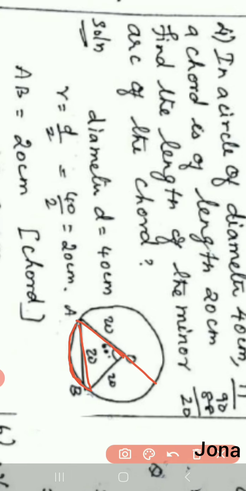Okay, so I want to find out this one. So what are the things given? Diameter is given, from that we can find the radius, and the length of chord is also given 20 centimeter. Okay, look at the diagram here. Here that radius and here also radius. This is the length of the chord. So all the sides are equal. So you can say this AOB is a equilateral triangle. So if it is a equilateral triangle, we can say this angle is 60 degree, isn't it? So in a equilateral triangle, each angle is of 60 degree. So I can say this angle AOB is 60 degree now.